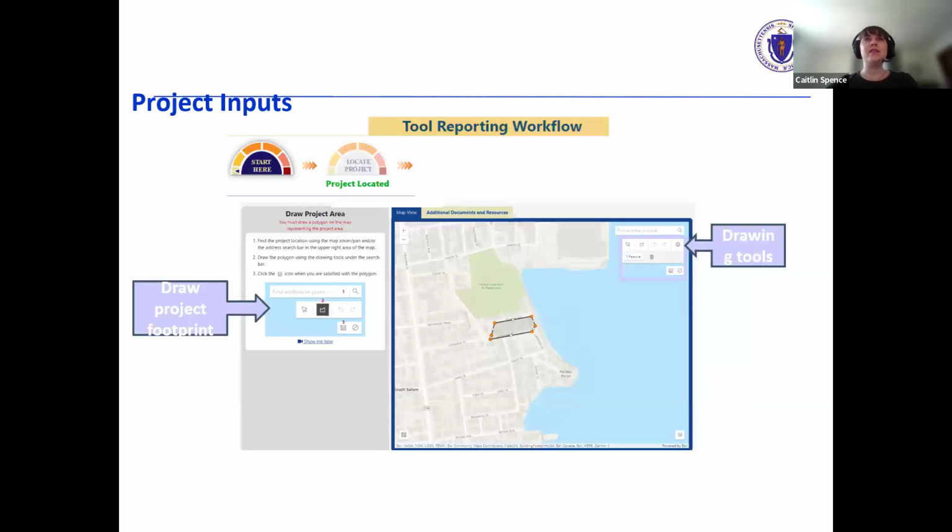The tool will guide users through creating the new project. The first step is to draw a shape around the location where a proposed project will take place. The drawing tools will appear in the map in the upper right of the window. And to draw the shape, click at key points in the boundary of the shape and double click to finish. When done drawing the shape, click the save icon. Next slide.